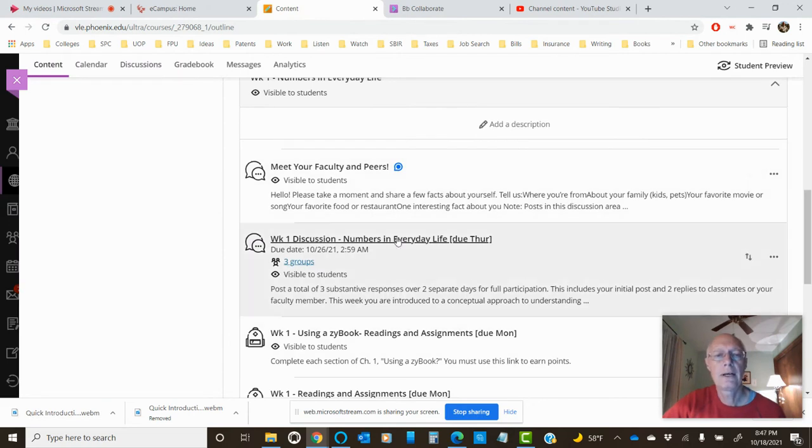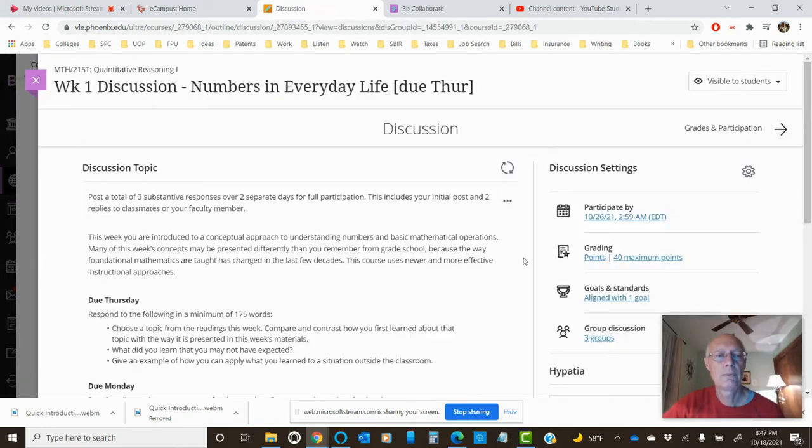And then here is our discussion area. I've assigned you to a group. I'm an instructor, so I see it as an instructor. I see that there's 3 groups. You're going to see your group name here. Go into your group,